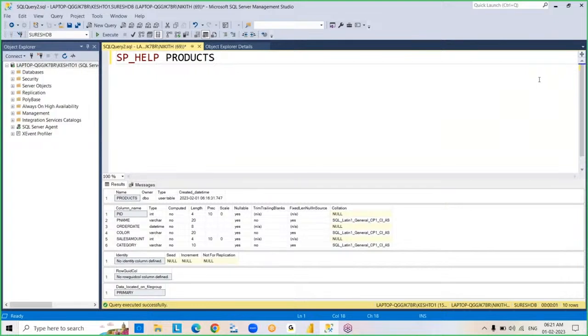Added new columns to the table. See here, you can see the added columns. In the same way, next scenario, I want to